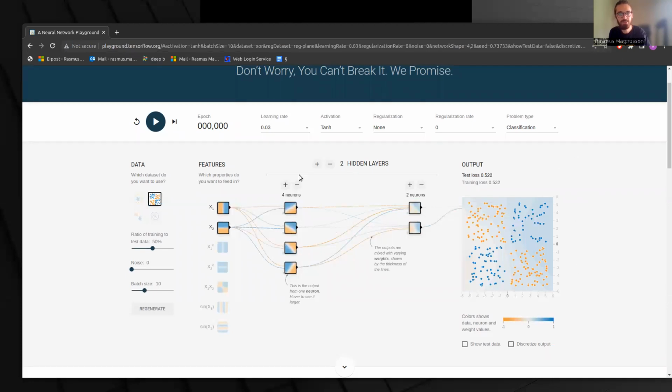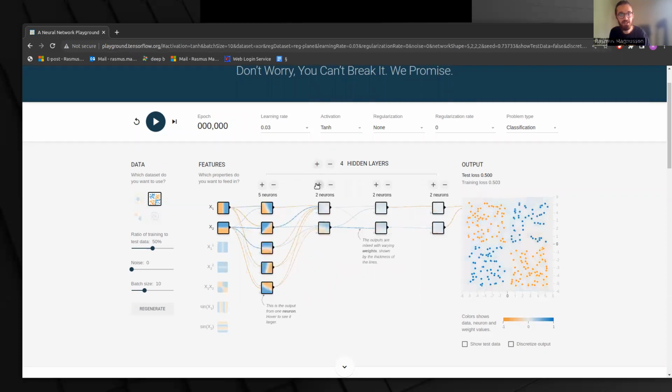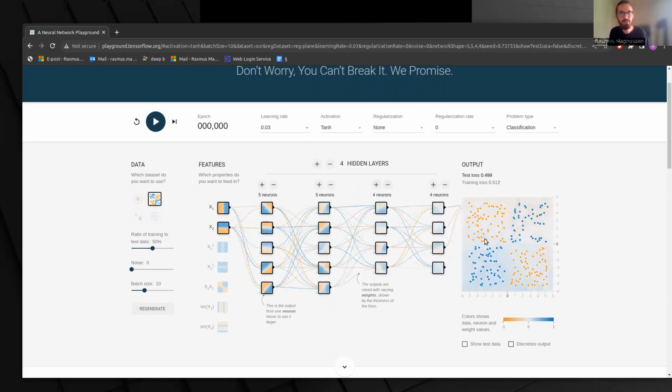In the input parameters, you can design your network of what you want to input, the x and y coordinates, and you can choose the number of hidden layers and the number of hidden neurons in each hidden layer of this neural network. And then you have this output here.